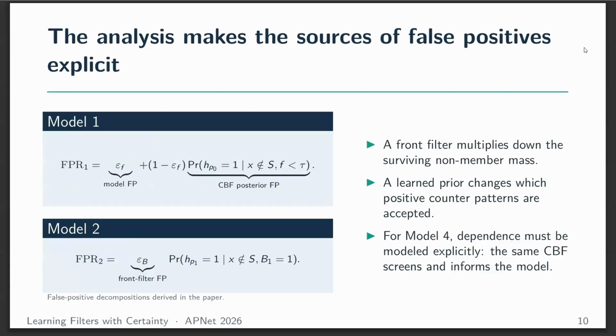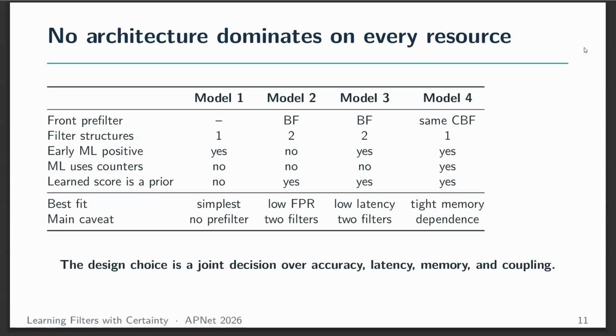In the paper, we also analyze the false positive indication of the different models. I won't go into these details here, but all these models can make both false positives and potentially also false negatives. We analyze those probabilities inside it. So if we want to summarize the distinction between the different models, we ask whether there is a